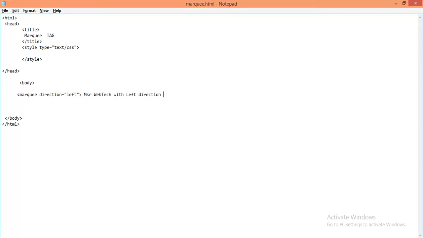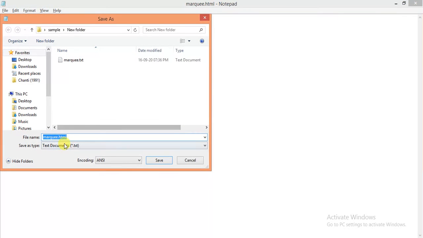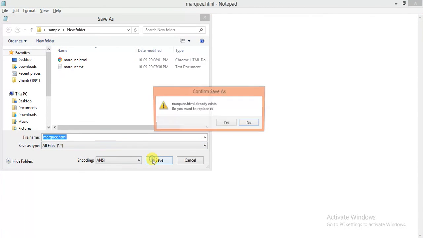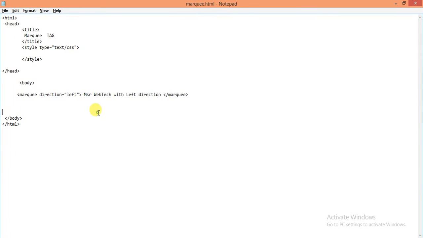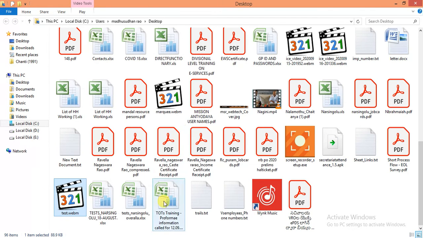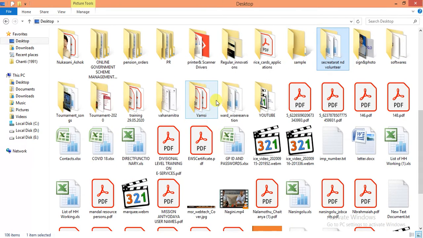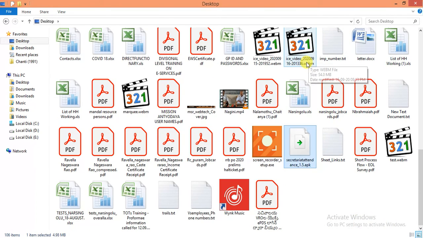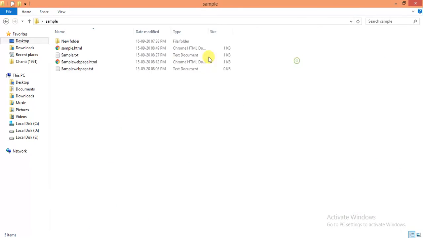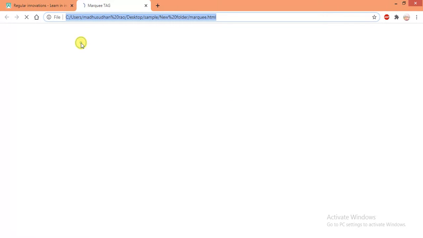Next the closing tag will be /marquee. Just save as HTML, all files, save. Now going to the folder where you have saved your file. And here I am getting the effect, MSR Webtech with left direction.